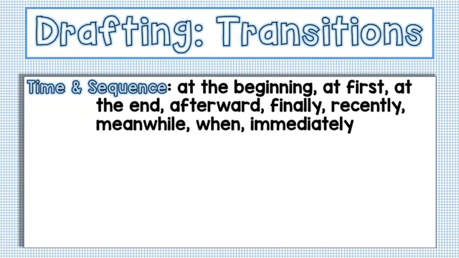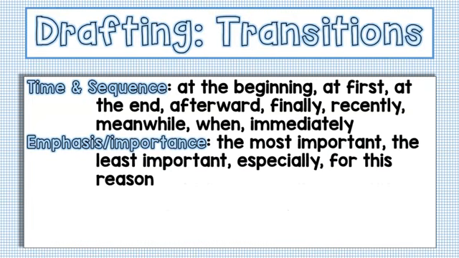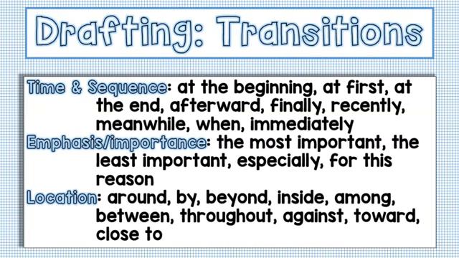To show emphasis or importance, use transitions such as the most important, the least important, especially, or for this reason. To show location, use transition words such as around, by, beyond, inside, among, between, throughout, against,